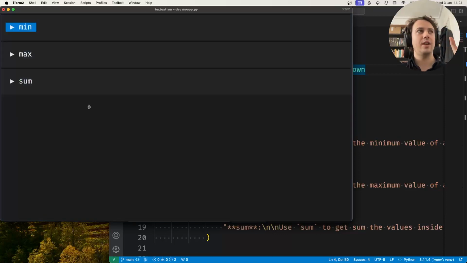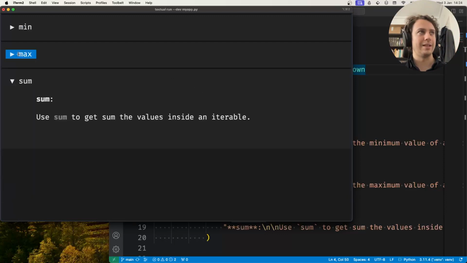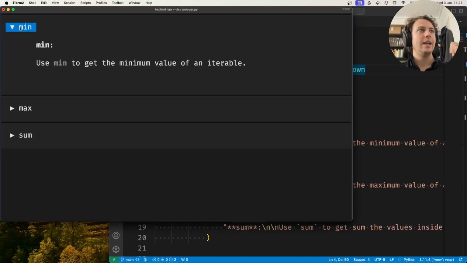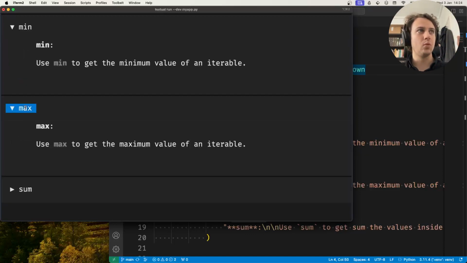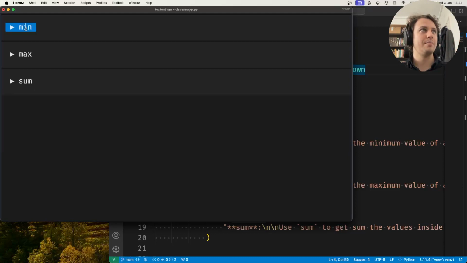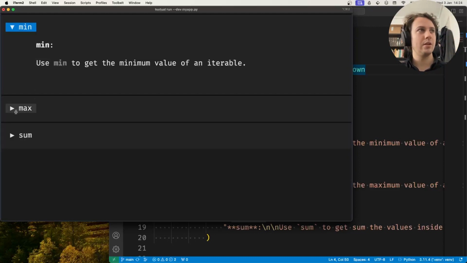So right here I have an application from the demo of the collapsible widget, and the collapsible widget lets you collapse or expand contents. And what I want is to create a container that contains all of these collapsibles such that when I expand one, the other one that was already opened closes, or the other one that was expanded collapses. So again, if I have min expanded, what I want is to be able to expand max